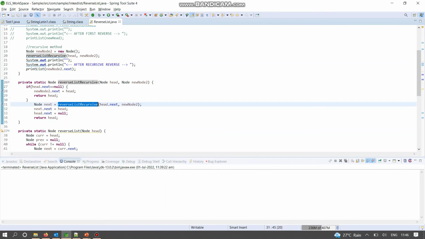And in the recursive calls, we keep returning the next node pointer to previous calls. So for this call, this is the address of the next node, and this is the address of the current node. So the next pointer of the next node will be pointing to the current node, and the current node's next will be pointing to null because we have to reverse the linked list.